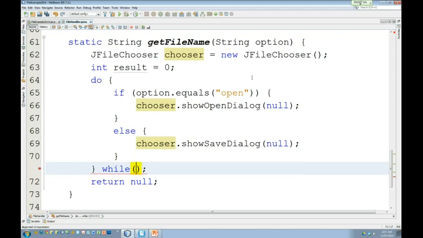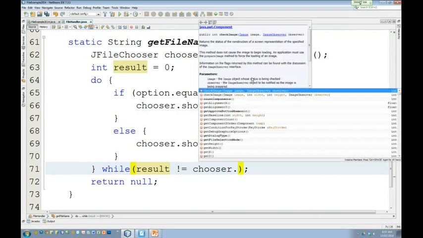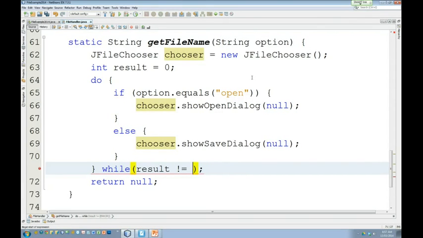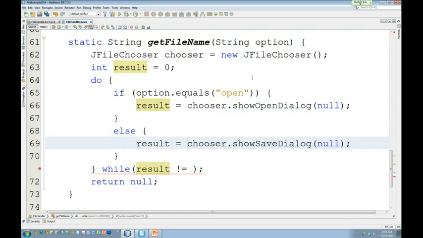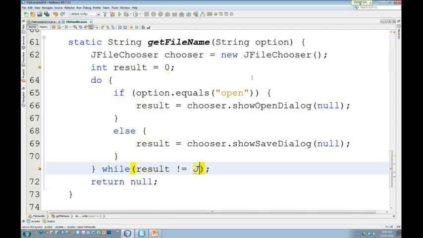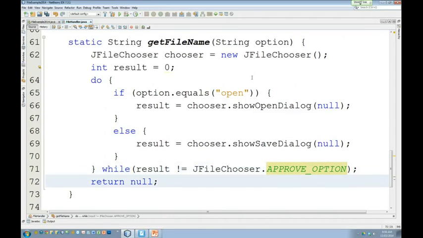Now we need something to control our loop. And the way we control our loop is with this thing, result. Sorry, my fault, we have to use the result. So we have to say result equals chooser dot show dialog. So what comes back from the show dialog is a result. And as long as the result is not JFileChooser dot approve,